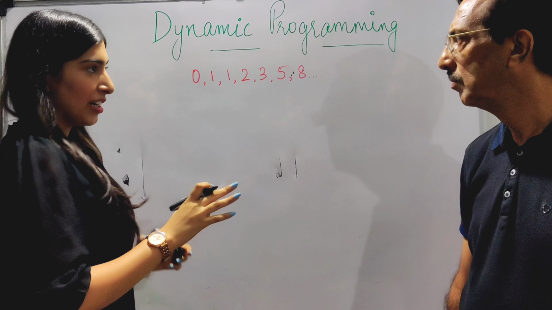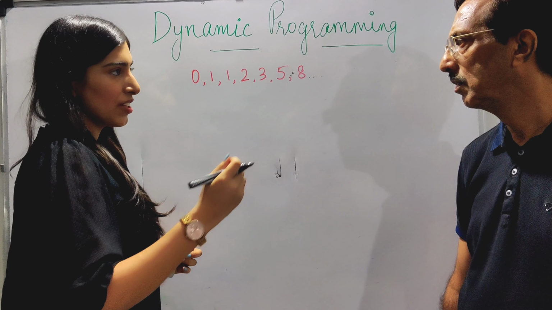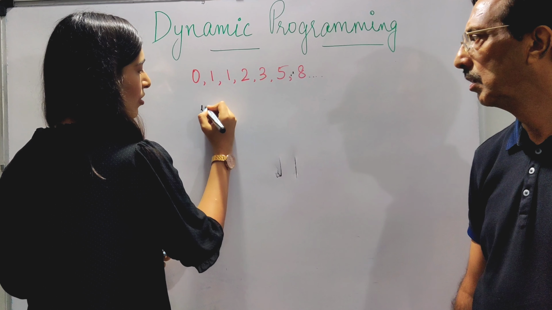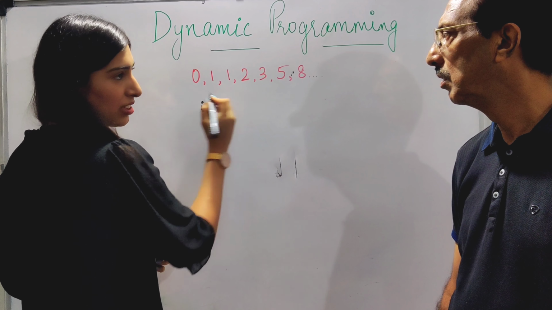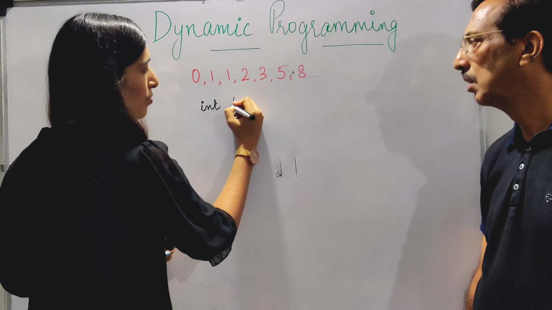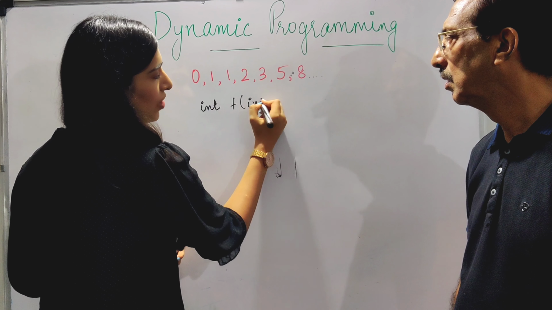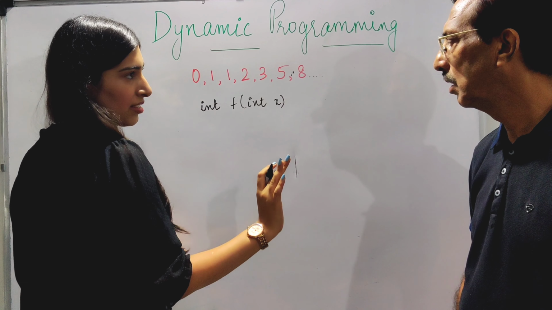So we're going to write the function now, right? What are the things in a function? We give some values and some values are returned, right? So what is the value that we are going to return? It will be of type integer, right? Suppose the function name is f1. You have to send the value for which you have to calculate. So suppose it is x.